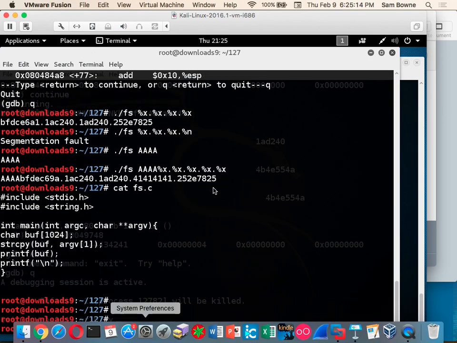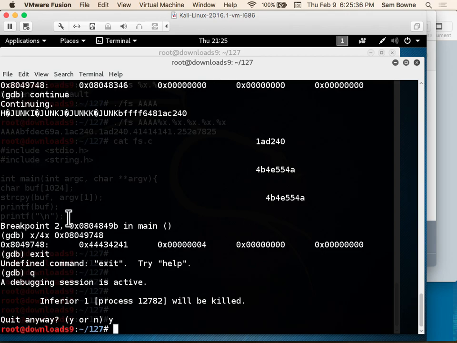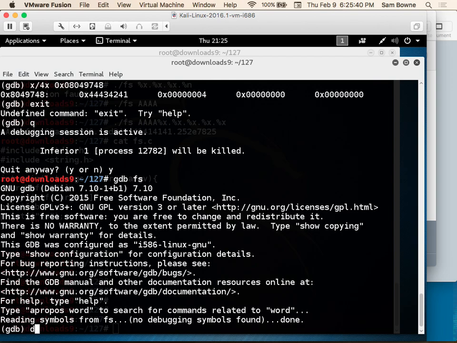All right, so this program takes a variable at the command line, copies it into a thing called buff, then there are 2 print commands. First it prints buffer, then it prints a single character, which is a line feed, and that's it. So those are 2 function calls. Once it prints this and once it prints that. So let's see what that looks like in assembly code. If I go here and I GDB that program and I disassemble main,